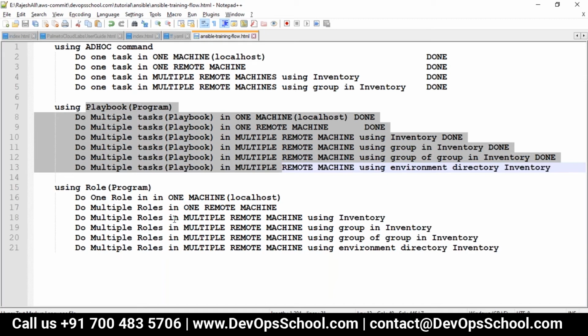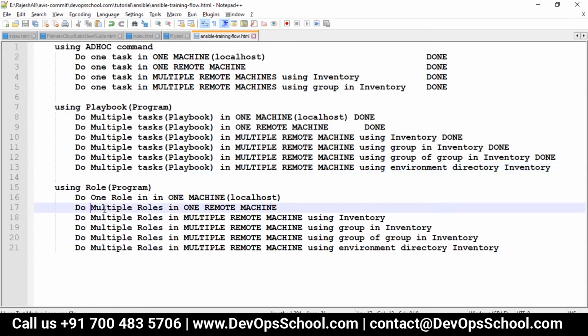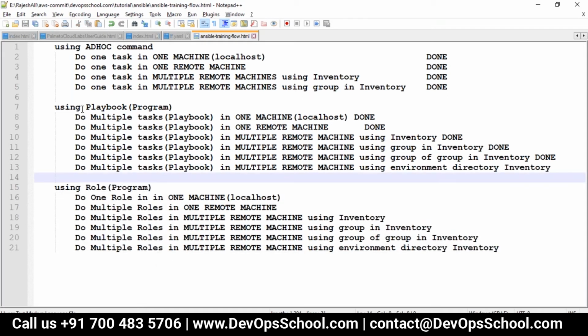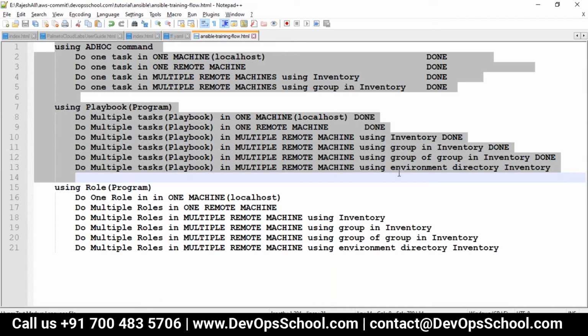And at the end of it, if you have multiple playbooks, then you will have a role. What is a playbook? What is a role? I'm not complicating it right now, but in a simple way, I would say multiple playbooks together become one role, but it's a wrong definition, by the way. Actually, it's not wrong, I would say it's an incomplete definition. I'm not complicating the understanding right now. I will talk about roles a little later, at the end of the playbook. So we'll stick to the session till here: ad hoc commands and playbooks. Are we all clear on this flow?